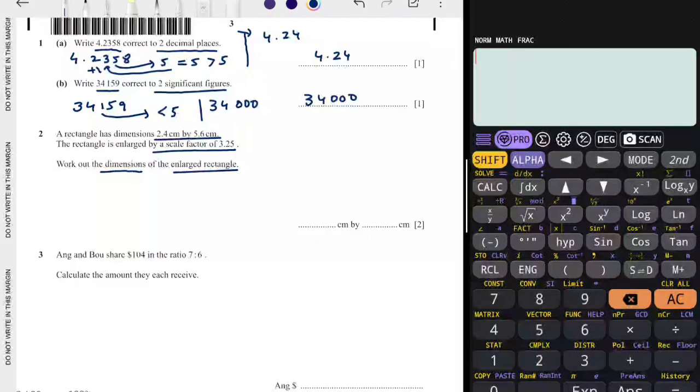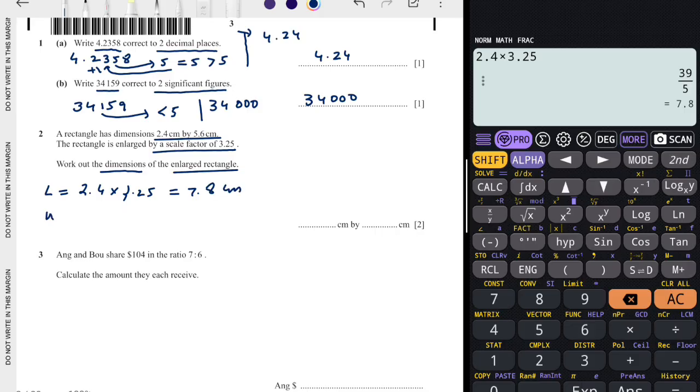So let us start. So length is equal to 2.4 times 3.25. We'll multiply it. 2.4 multiplied by 3.25. So answer becomes 7.8 centimeter,